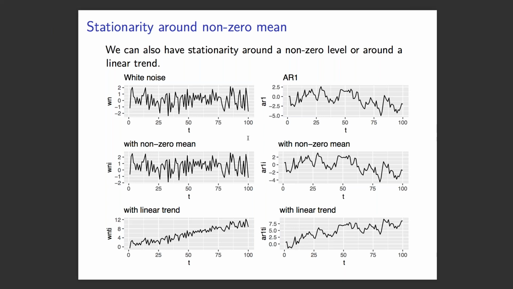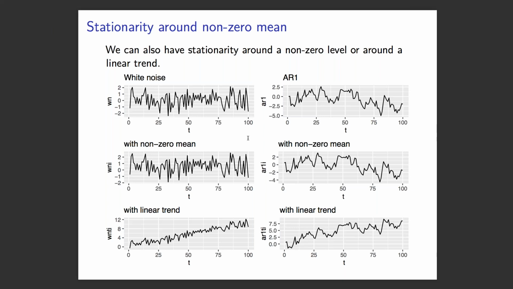And we could also still call this stationary if we're doing the same sort of up and down movements, but just around a linear trend. So in this case, we have a linear trend here, and we're just kind of going up and down around that linear trend. So what I did to create this data is I started with this. Actually, if you squint, you can kind of see that this is actually these data right here, and then I just said plus